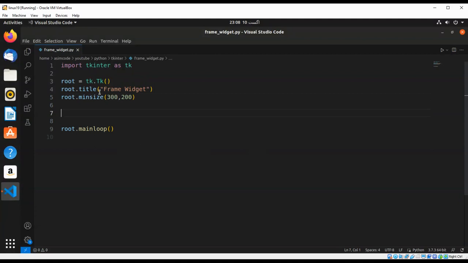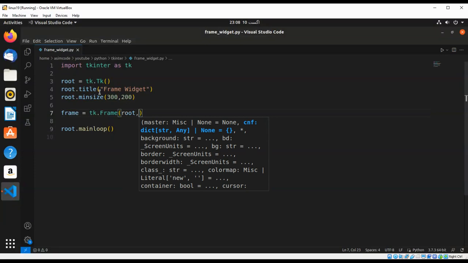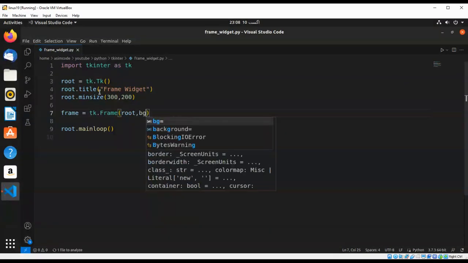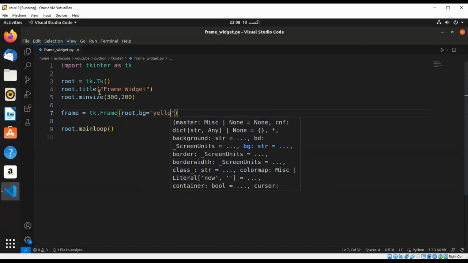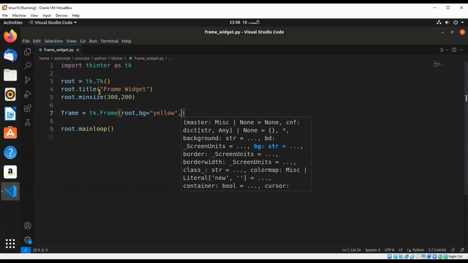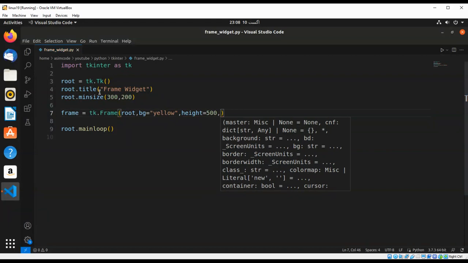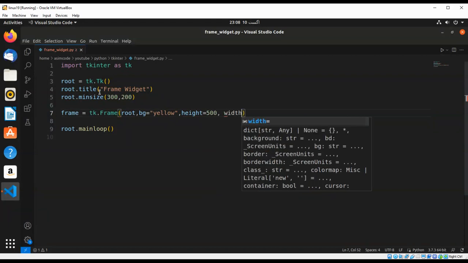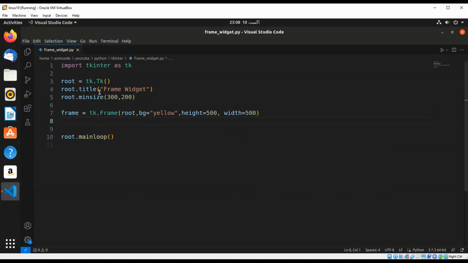And now we are going to create our frame by using tk.Frame, and we are going to attach it to our window with root, and we are going to set the background color. I'll set it as yellow, and I'm going to set the height to 500 and width to 500, and just going to call,